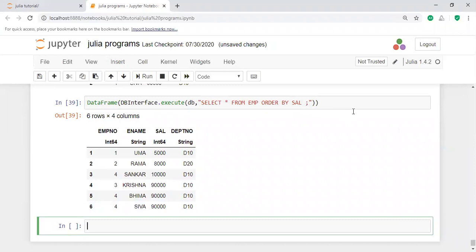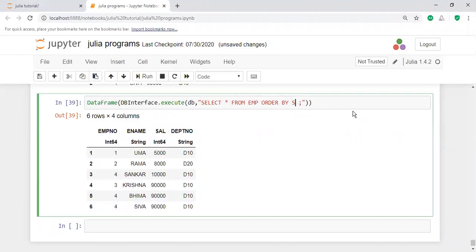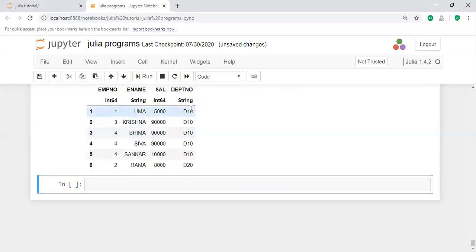If you want to take the particular department number, order by DEPT number. As per the department number, it will display the values: department number 10 displays first, after that department number 20. In this way, you will perform sorting of the data and filtering of the data. How can you filter the